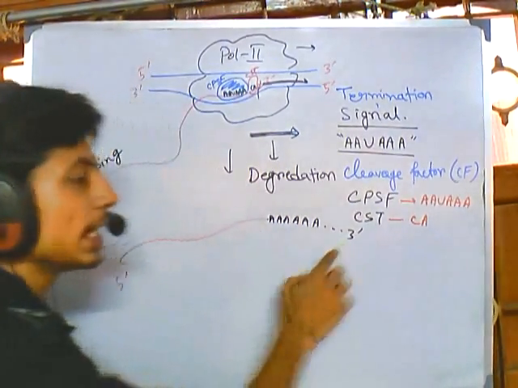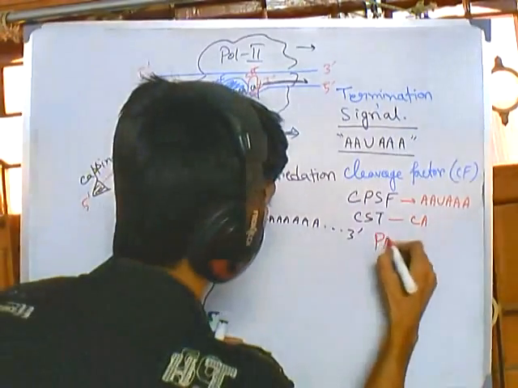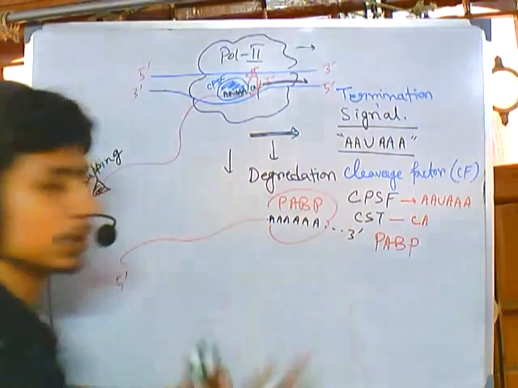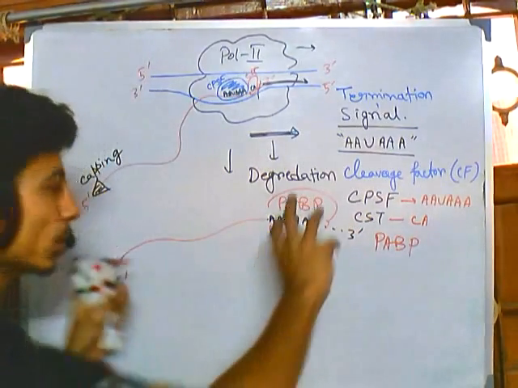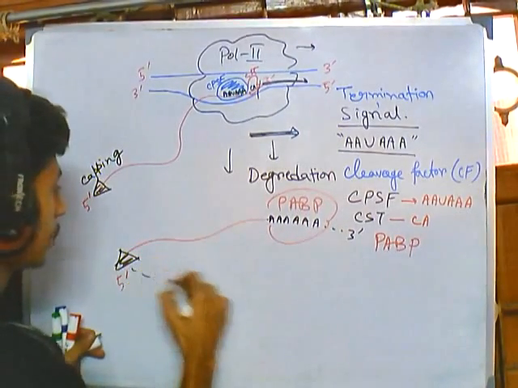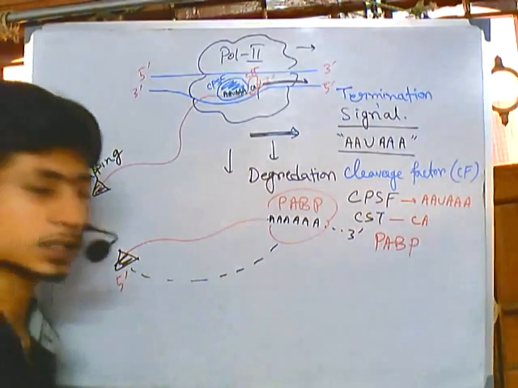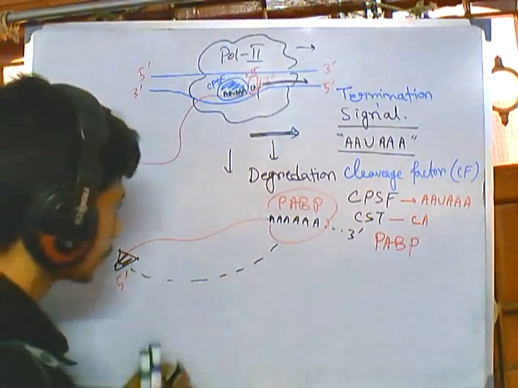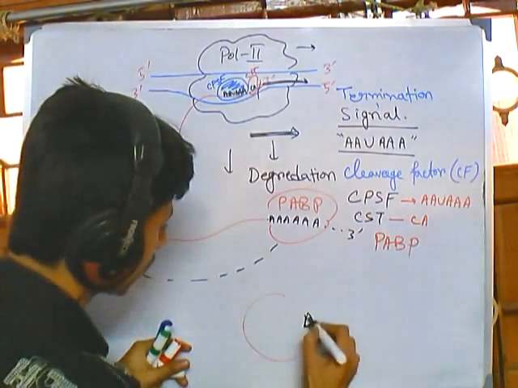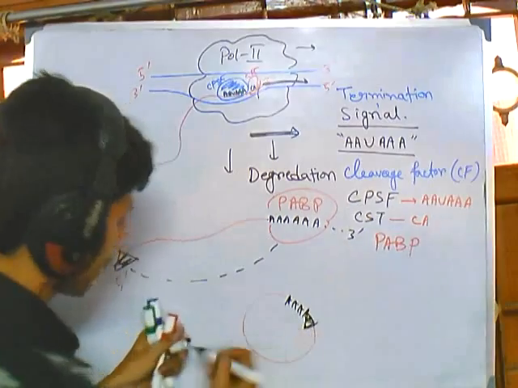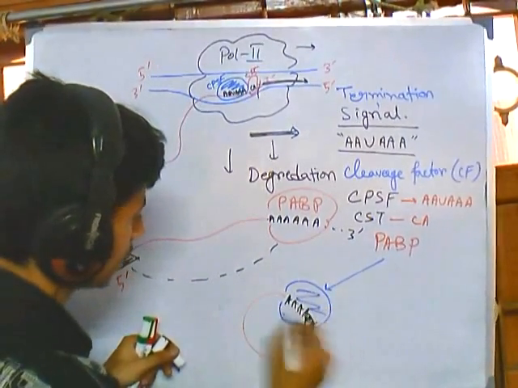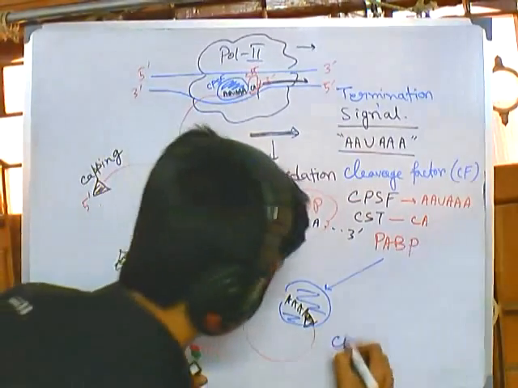It is polyadenylated, and a protein called polyadenylation binding protein or PABP will come and sit onto this polyadenylation region. Sometimes it will hold both the ends, 5 prime and 3 prime. 5 prime is capped. It will hold these two regions and make a circular like structure. So this is the capping region, and this is the polyadenylation region, and in the middle we have this PABP protein sitting on and holding the structure together to make a circular